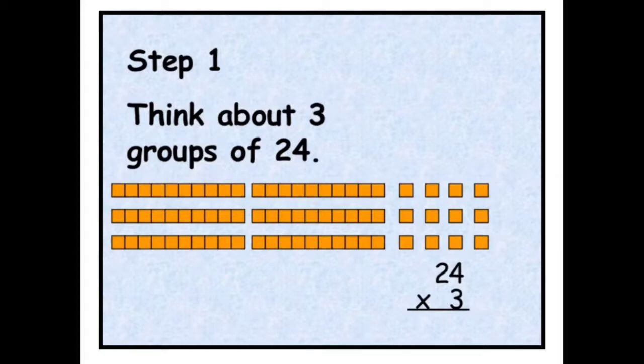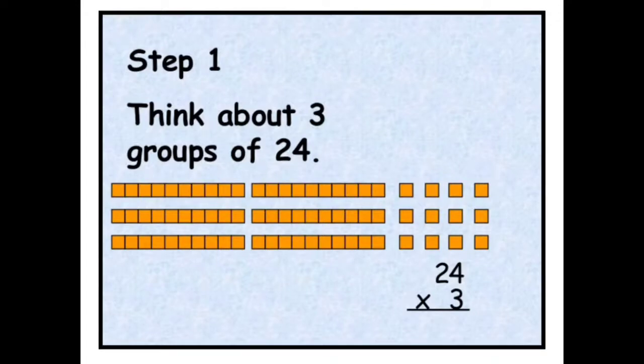So the number that is to be multiplied is called the multiplicand. Once again I repeat it. The number by which the multiplicand is multiplied is called the multiplier, and the result of multiplication is called the product. So these three terms we can use in multiplication. What is the first term? Multiplicand. What is the second term? Multiplier. And what is the third term? Product.